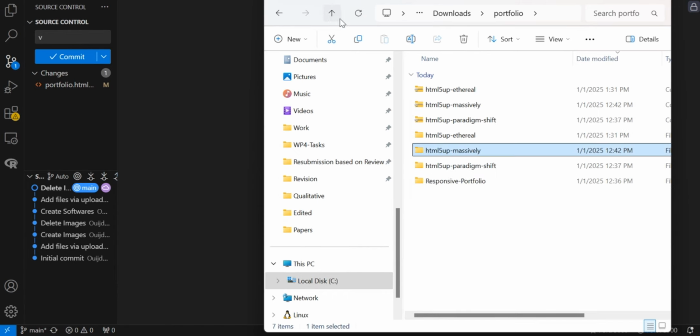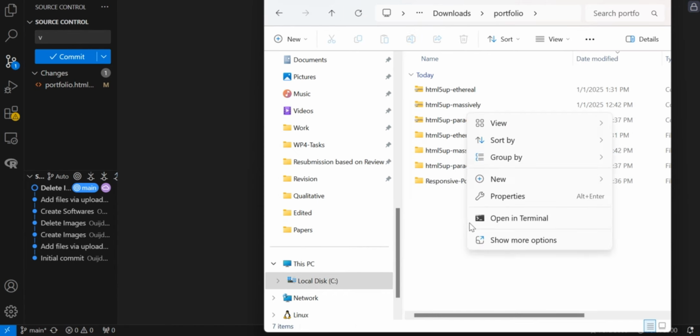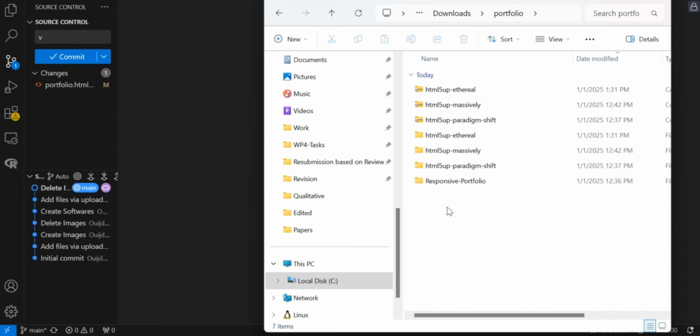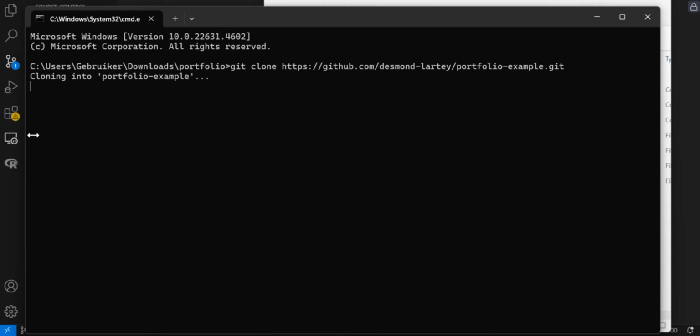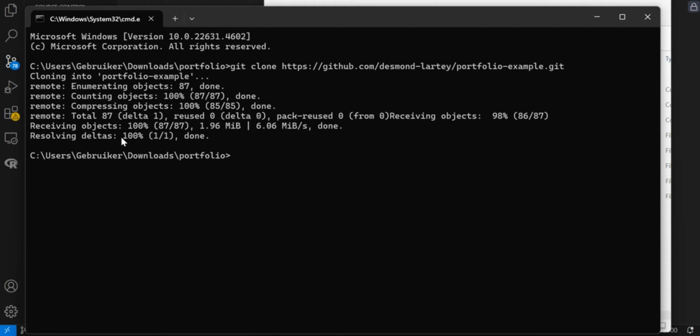I will rather do this here. I'll rather clone it into this folder, and then you just have to say git clone. So now I'm just cloning whatever we did.